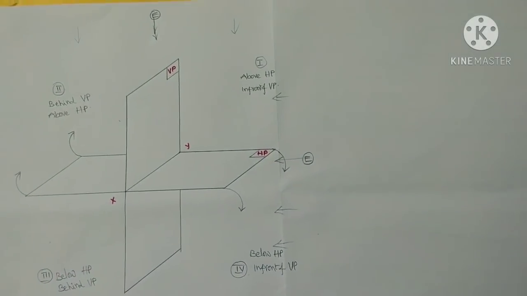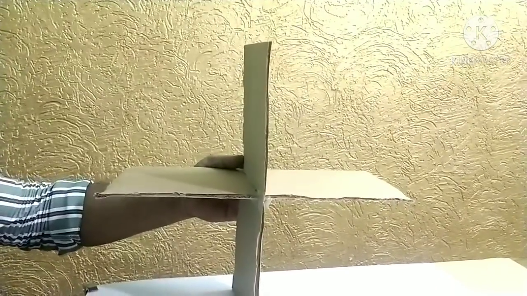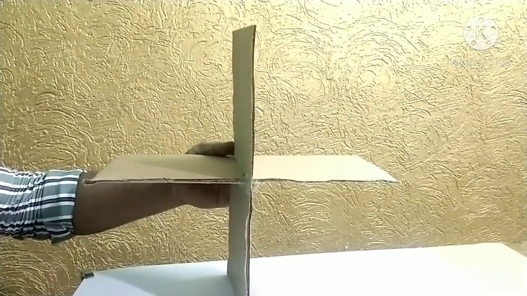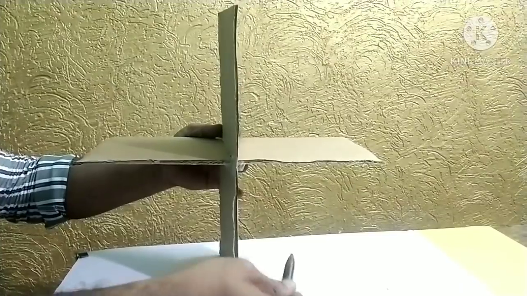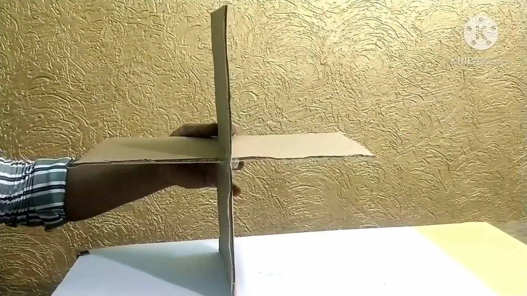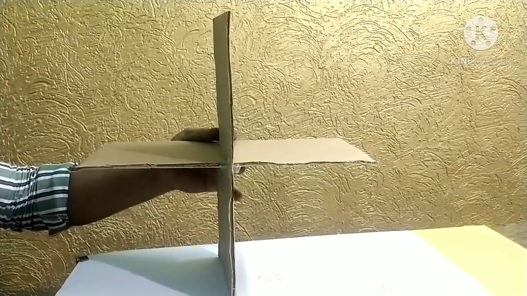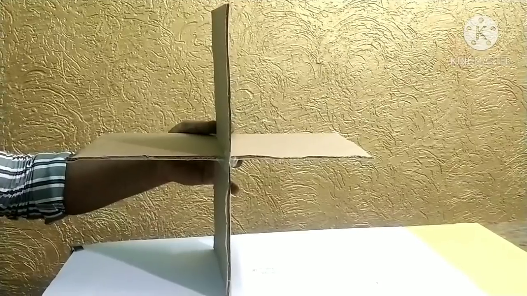And let me show you one plane also. Let me show you this quadrant system practically. As I said, this is the first quadrant, second, third, fourth. I have explained the position of each and every quadrant in the previous diagram. Here we can see how to rotate the horizontal plane in the clockwise direction to meet the vertical plane.